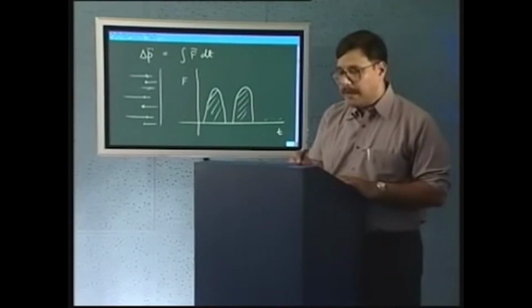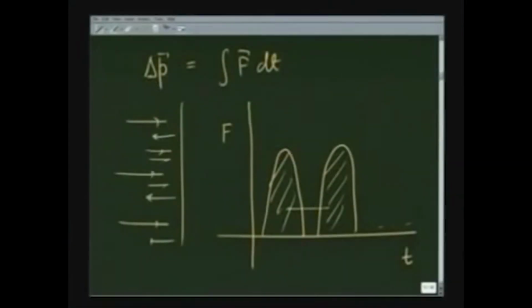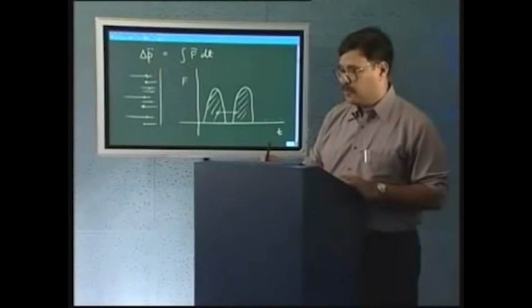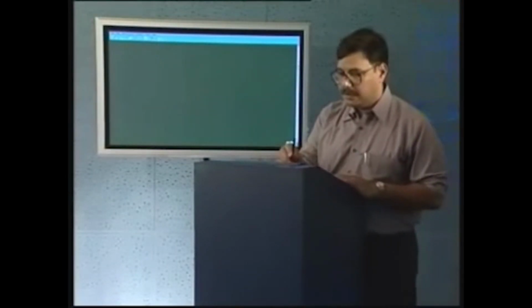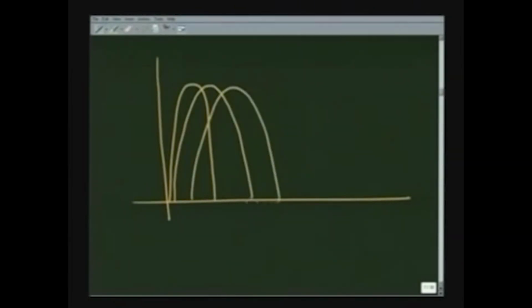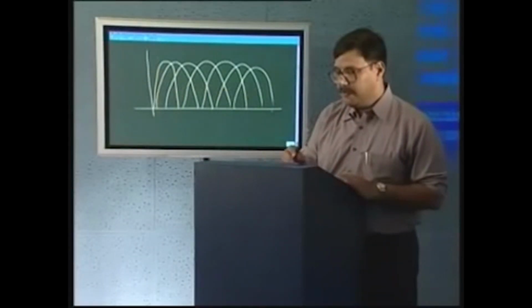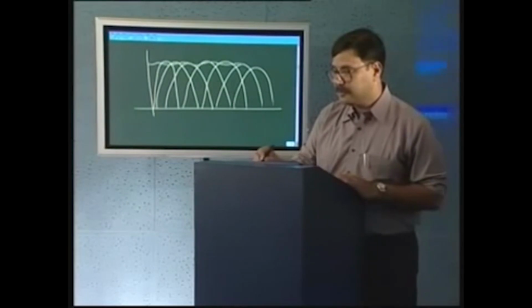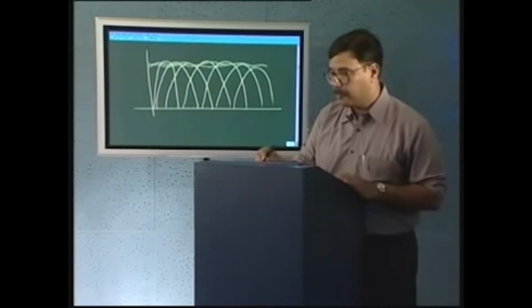I make this process more rapid now, so that these curves start overlapping. In that case, what I would observe is that one ball hits, gives this curve. The next ball hits the wall even before the first ball has come back. Third ball hits again, fourth ball hits again, fifth ball hits again, and so on, randomly. So the net force may be somewhat like this. Let me make it slightly thicker,